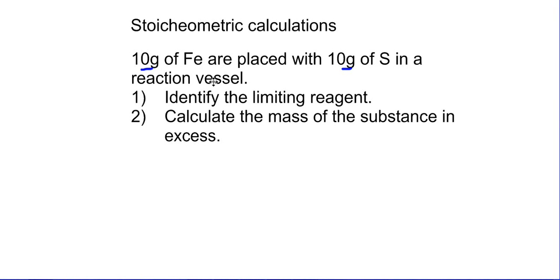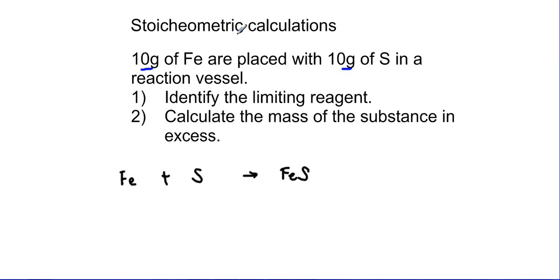Continuing today with stoichiometric calculations, we have a sum here where we see 10 grams of iron are placed with 10 grams of sulfur in a reaction vessel. Identify the limiting reagent and calculate the mass of the substance in excess. So to begin with, we must write down the equation: Fe plus S will form